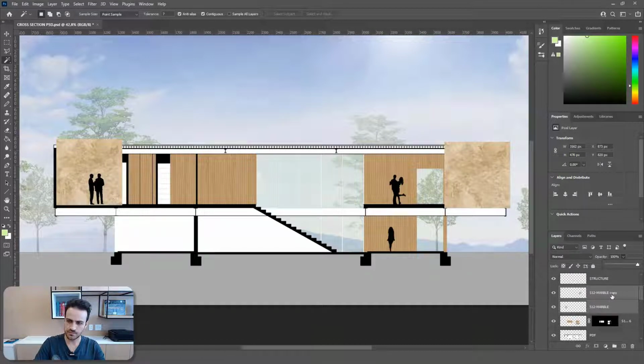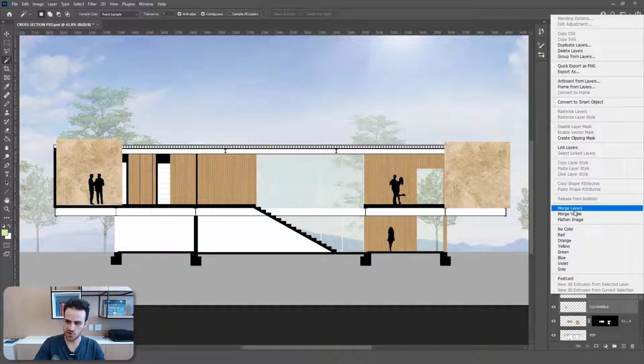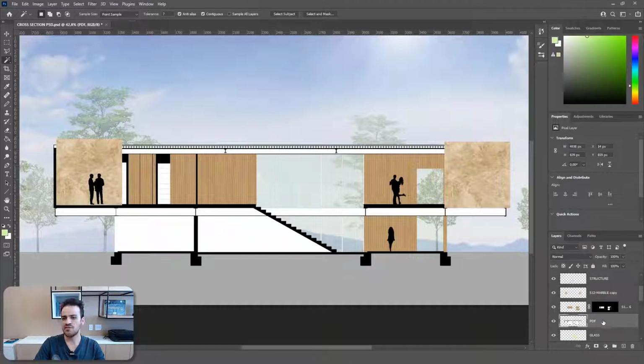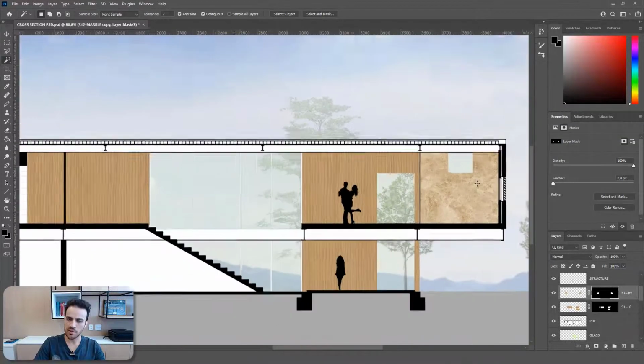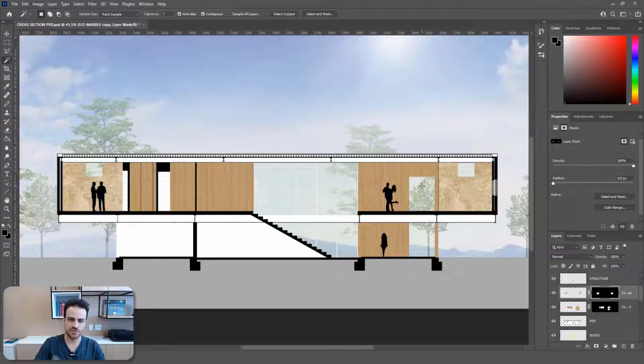and right click, merge layers, go into the PDF layer. I can use the magic wand again to select this area, and holding Shift to select this other area. Now coming back to the marble layer, click to create a mask. Then we have the application of this material, and then I'll finish inserting